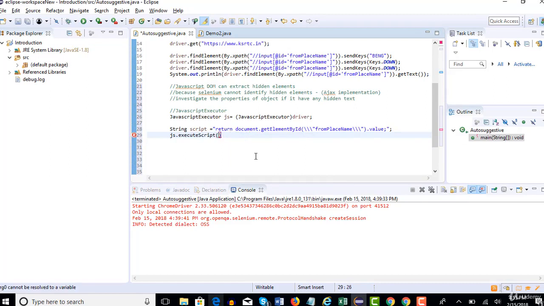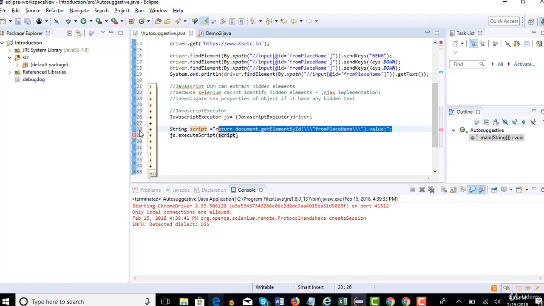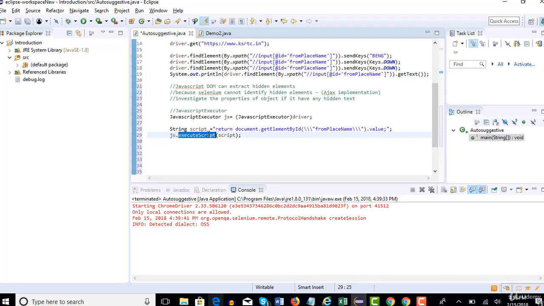So this method will actually execute the script, and this is our script, right? Let's just place it inside this. We have framed the script in our step number 28, and we are directly passing this into the execute script method. Okay, when it is executed, it returns a string which is present in that edit box, right? So to catch that, I am actually putting one more string, text.